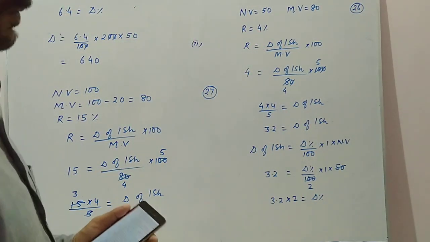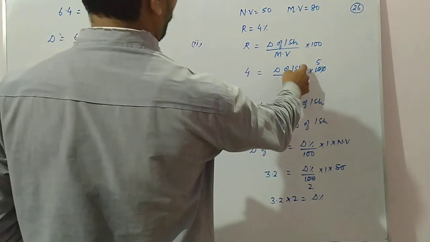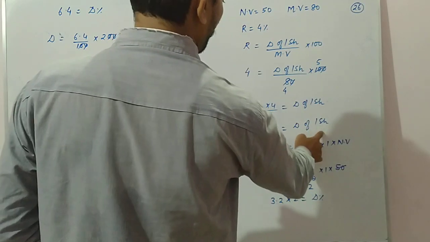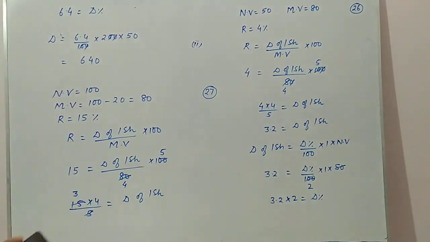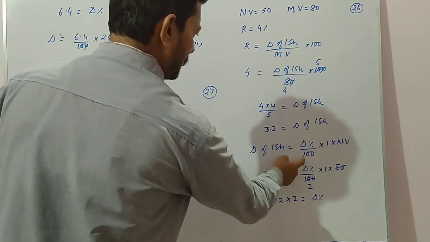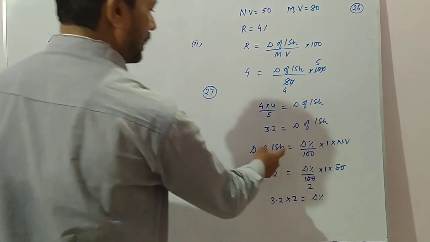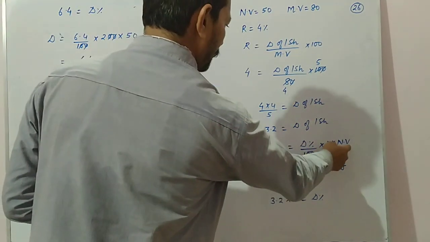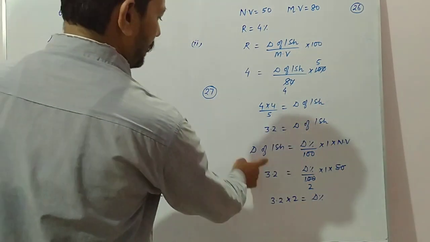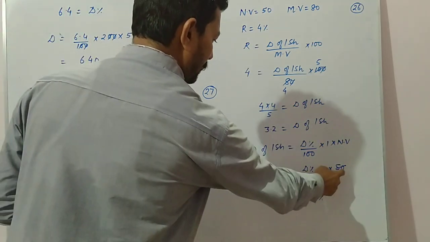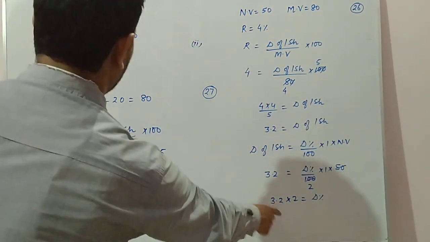Listen here, rate of interest is only profit percent. I have already given the formula. So 4 is dividend of one share by market value into 100. From here you are getting dividend of one share to be 3.2. Now what is the dividend of one share formula? Dividend percent by 100 into number of shares into nominal value. Already the number of shares is 1, because I have written dividend of one share. So dividend of one share is 3.2, which equals dividend percent by 100 into number of shares into nominal value. So dividend percent you are getting